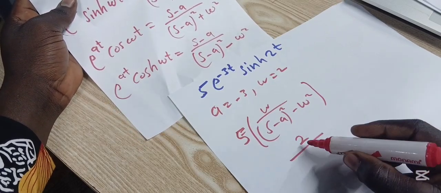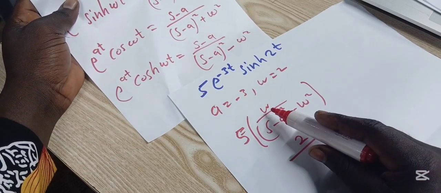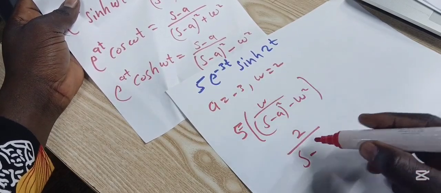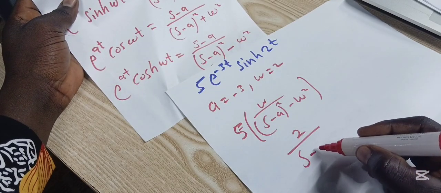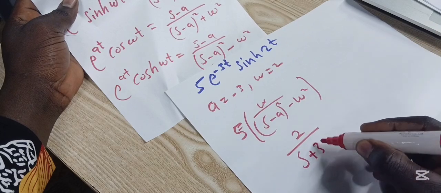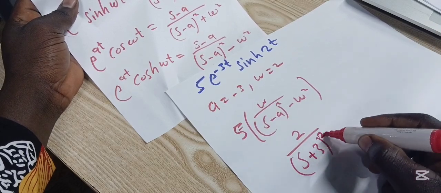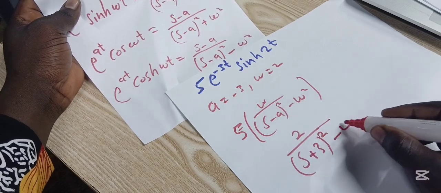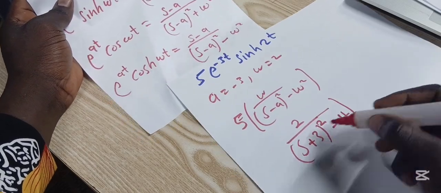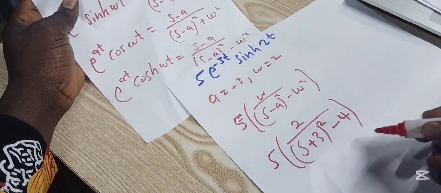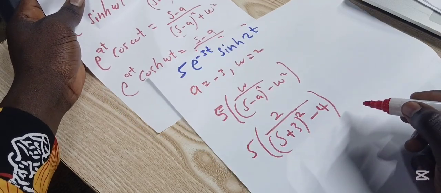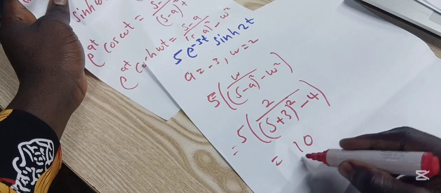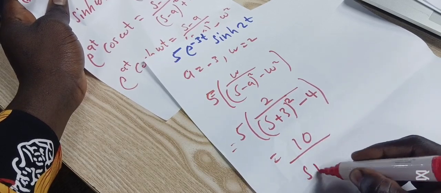Now we have w, which is 2, over s minus a, and a is minus 3, so minus minus 3 is going to give us positive 3, then squared minus w squared, which is 2 squared, giving us 4, all multiplied by 5. So 5 by 2 is going to give us 10. So 10 all over s plus 3